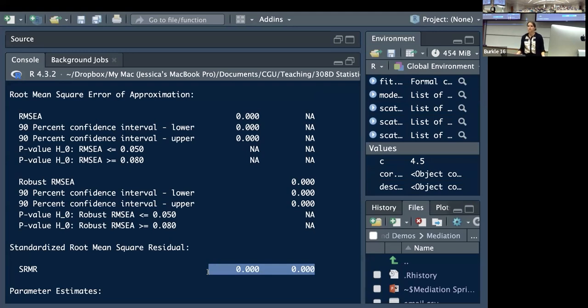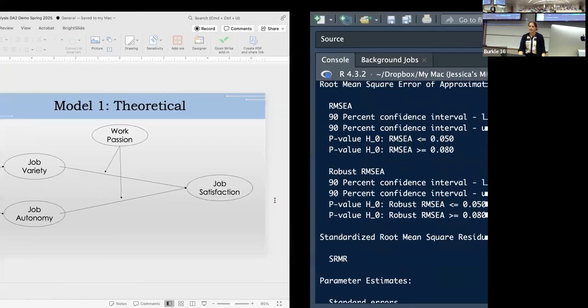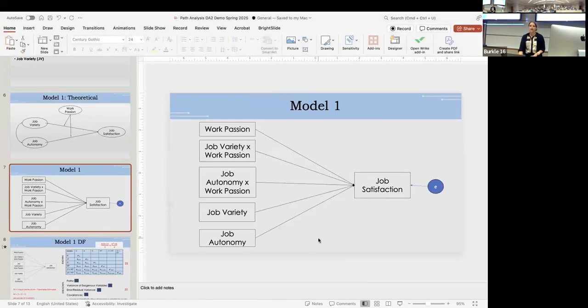However, what can we look at? No, y'all, it's a regression. What are we going to look at? We can just look at the parameters themselves, right? And see, do these 5 things predict job satisfaction? We still get the parameters. We just don't get the fancy fit indices that go with structural models. Just like when we ran every other regression, we don't use the fancy fit indices for those models.